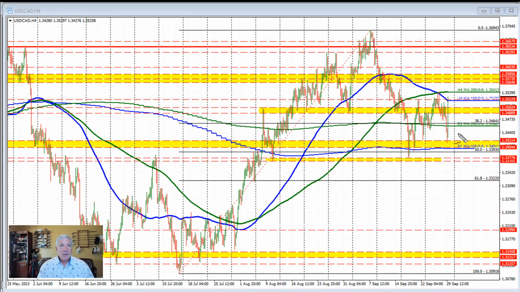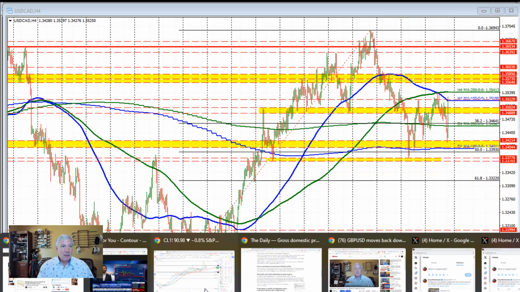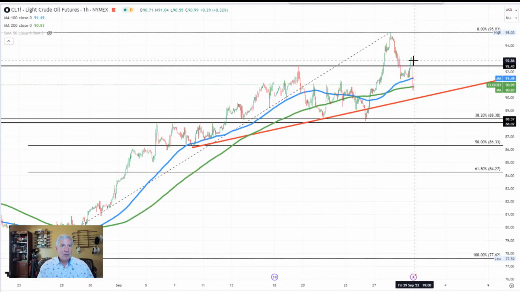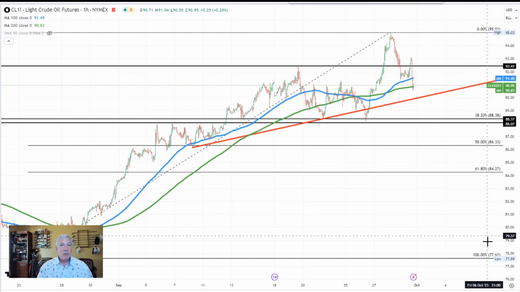This is a Forex Quick Look on the dollar versus Canada as we head into the close, as we head into the new trading week. We're seeing a sharp move to the upside here in the dollar versus Canada over the last few hours of trading. Maybe it's the price of oil. Oil prices have moved sharply to the downside at the same time. When oil prices move lower, the Canadian dollar tends to move to the downside as well. So the dollar Canada goes higher. That's a weaker Canadian dollar. So we are seeing a rotation to the downside here, and oil currently trading at